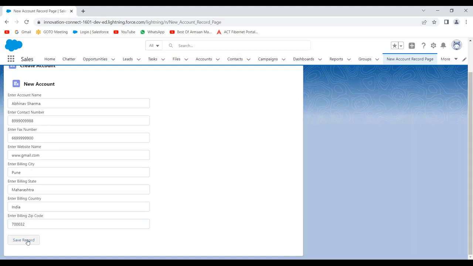Once the values have been entered, upon clicking on this save record button, I want to insert a record inside my object. Click on save record. Now it is indicating record inserted successfully. So my record has been